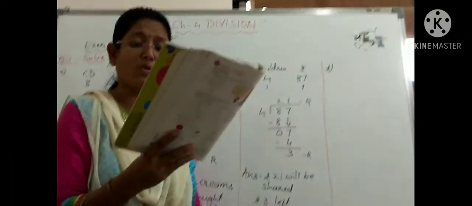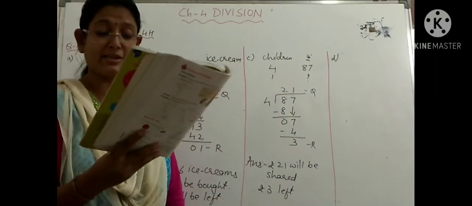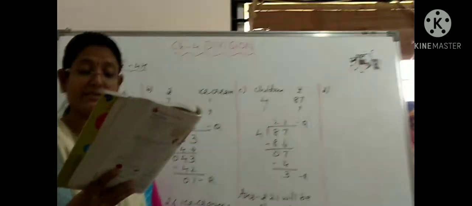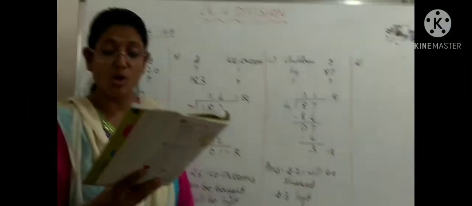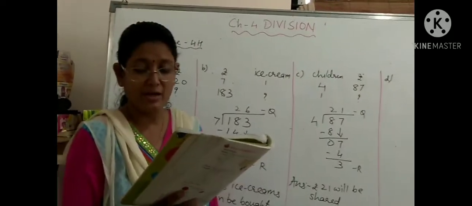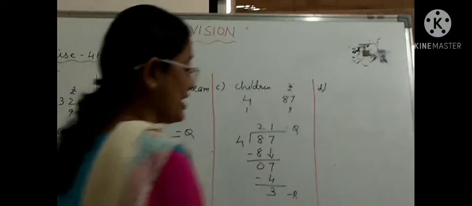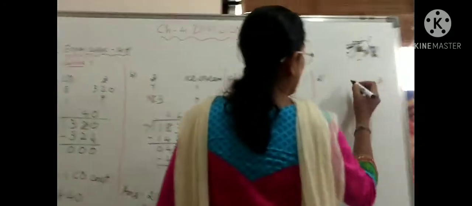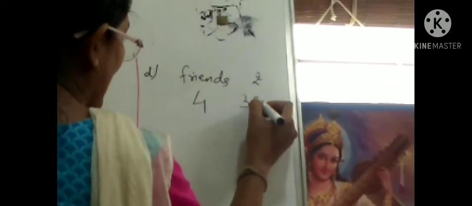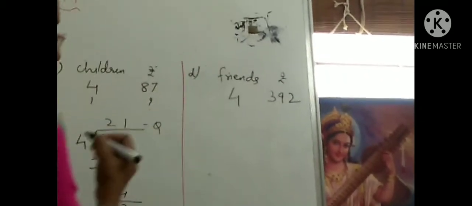Now question number D is, Aparna and 3 of her friends bought a video game for rupees 392. See, Aparna and 3 of her friends bought a video game of rupees 392. What was each friend's share? Here, what was each friend's share means we have to write rupees at the back and here will come friends, right? Now see here, very carefully you have to write. Aparna and 3 of her friends means Aparna is 1 and 3 more friends means total 4. Here don't write 3, instead of 3 we have to write 4. 4 friends are sharing the money of 392 for purchasing a video game.